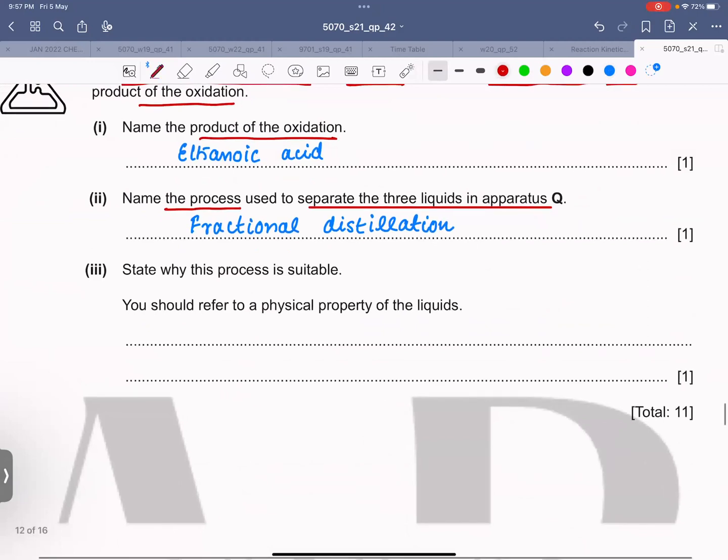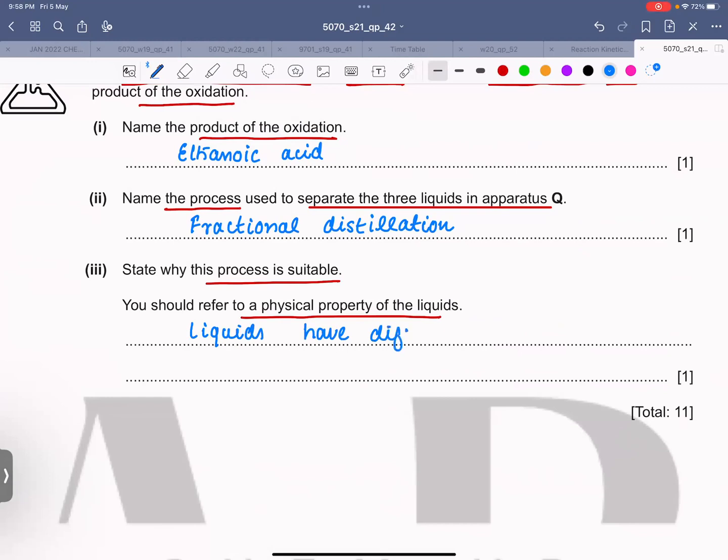State why this process is suitable. You should refer to the physical property of the liquids. So these liquids have different